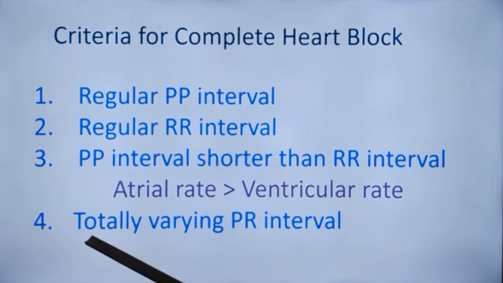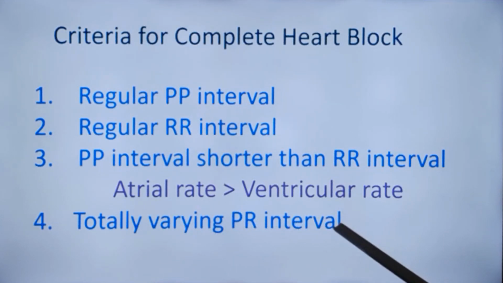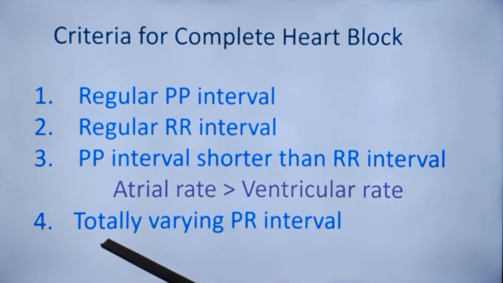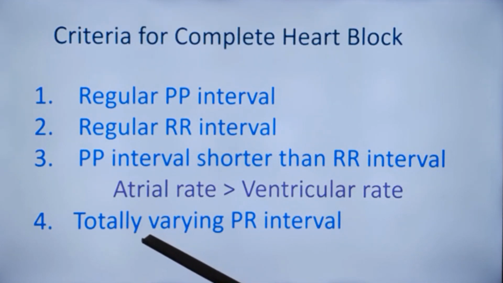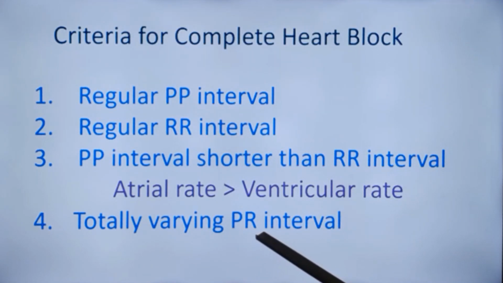You have seen that atrial rate is nearly 100 per minute, while ventricular rate was only 60 per minute. And totally varying PR interval that we have seen in the rhythm strip. Totally varying PR interval would mean atrioventricular dissociation. There is no relationship between the atrial activity and ventricular activity. Both are occurring at their own rates without any definite relation, unlike the initial thought that it is a 2:1